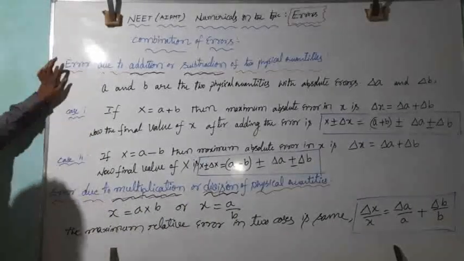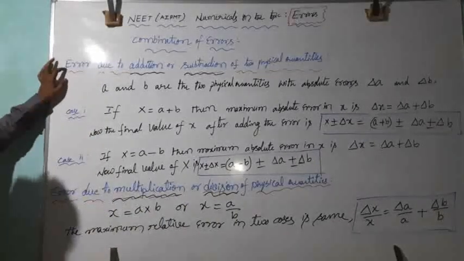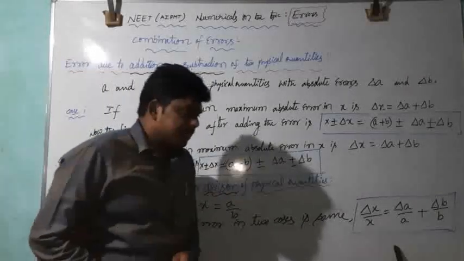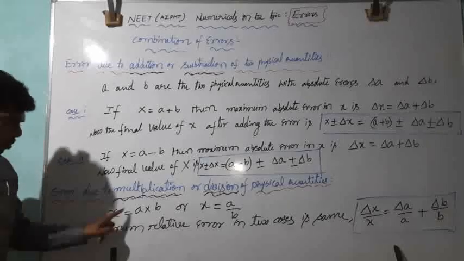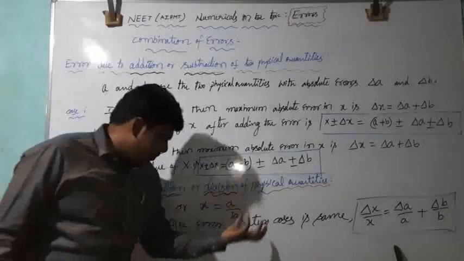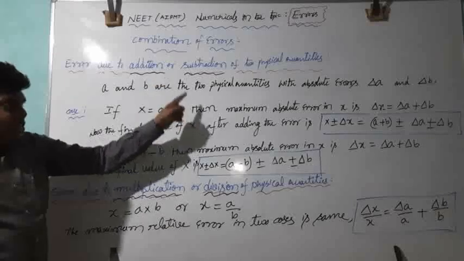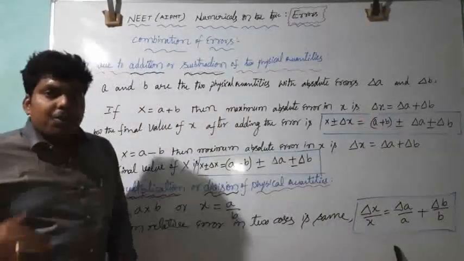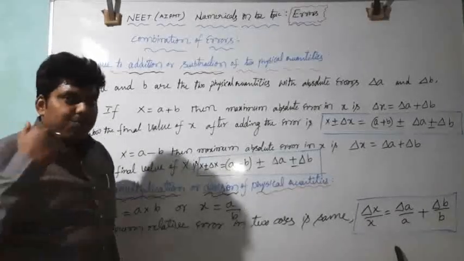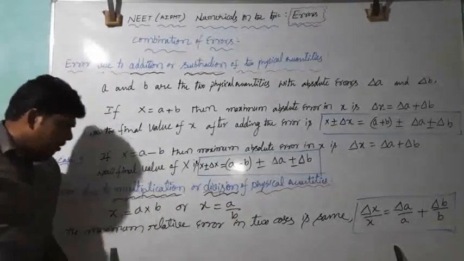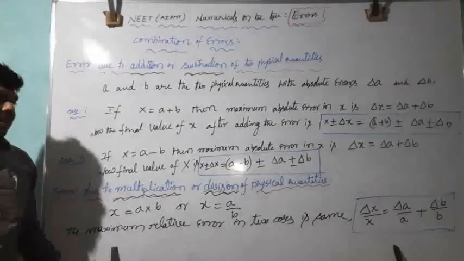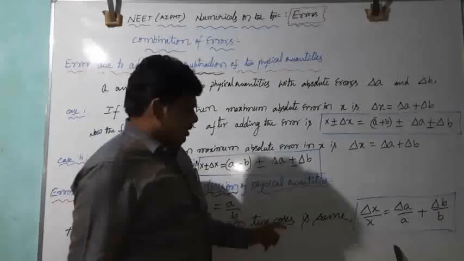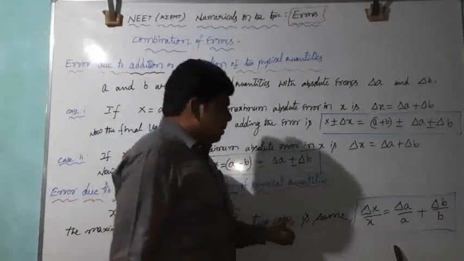Next, this was about the error due to addition or subtraction. Next, error due to multiplication or division of physical quantities. Now, x is equal to a into b or x is equal to a by b. For addition or subtraction, we got the same absolute error. Here also it is the same. You may go for multiplication or for division, and again we will get the same relative error in the two cases. The maximum relative error in the two cases, multiplication or division,